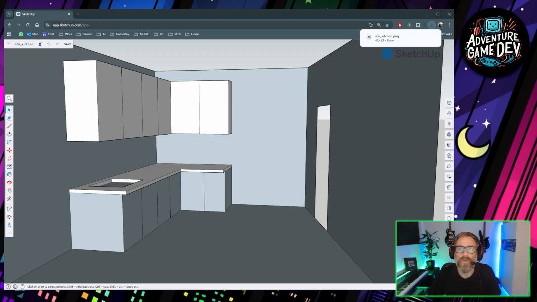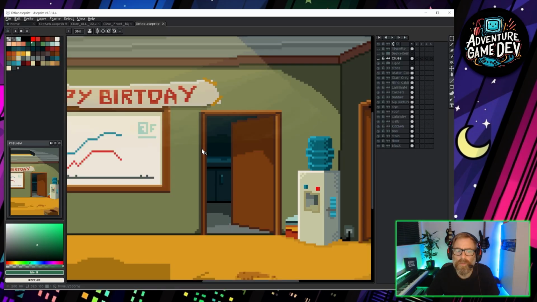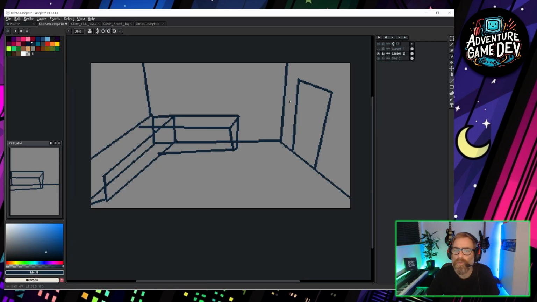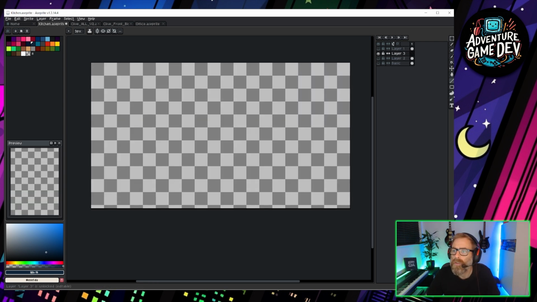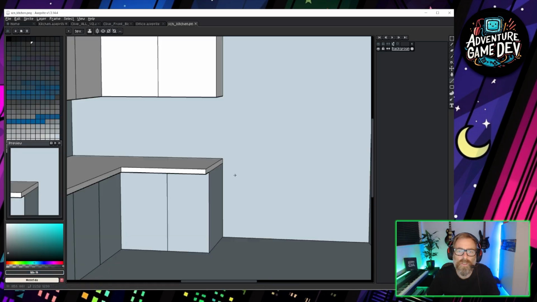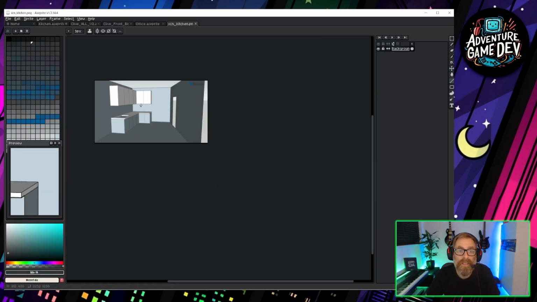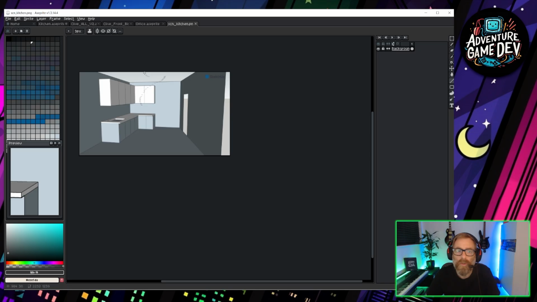So what I'm going to do is grab that. Take that kitchen PNG and drag it into Aseprite. So we've got our kitchen that we're working on. Create a new layer. Shift and N for a new layer. Let's just hide all of these and just drag that PNG in. So it's going to be really big, but we should be